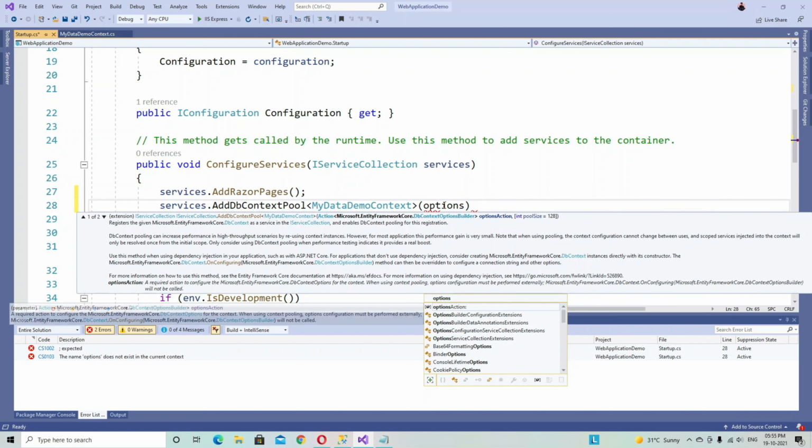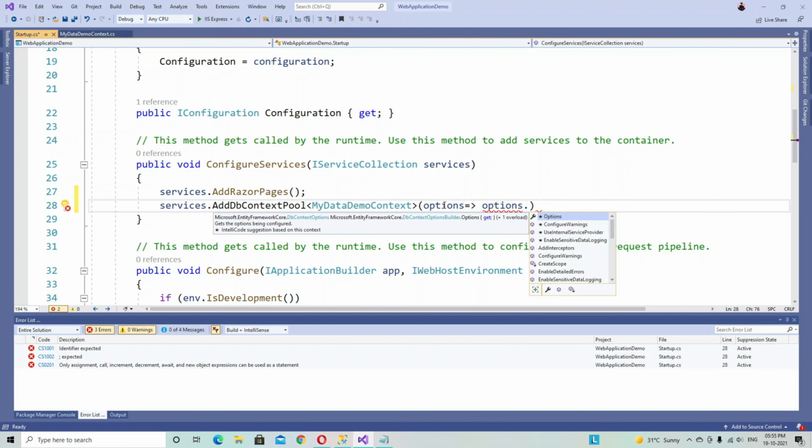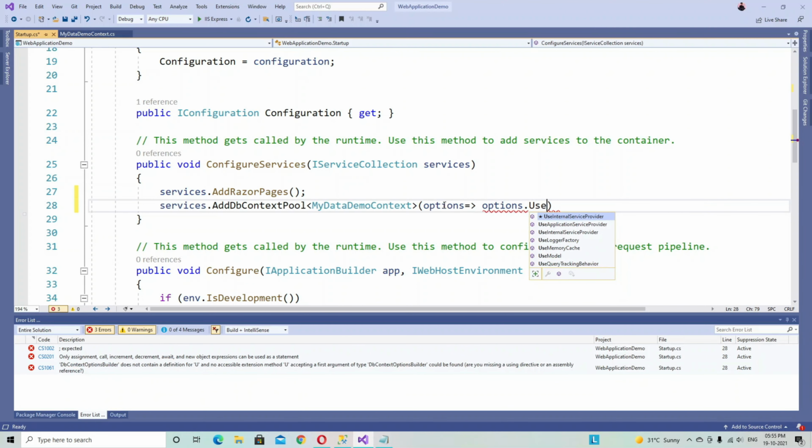Options, options.UseSqlServer. Bring the required namespace using Microsoft.EntityFrameworkCore.